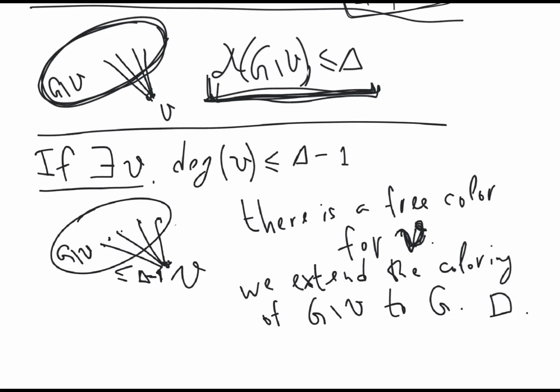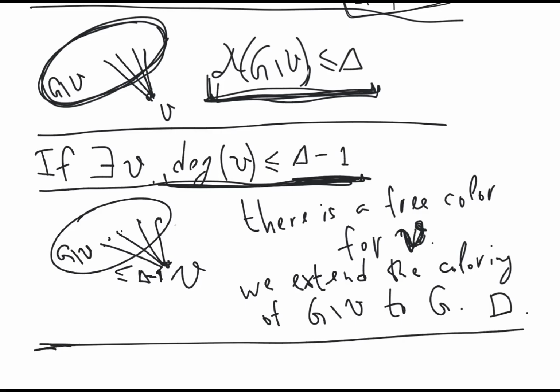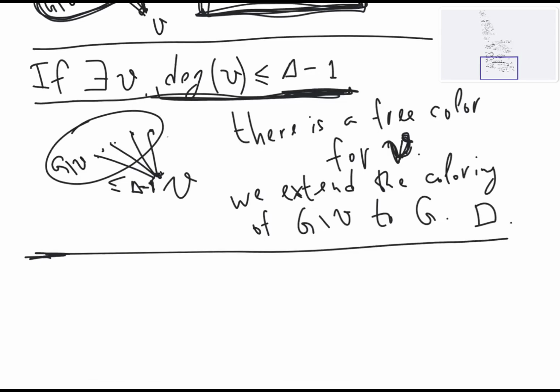So if there is a vertex with the degree less than delta, it's basically the same argument as in the original upper bound. If the degree is 1 less than delta, then we use the same argument, and since the upper bound there is less by 1, it's natural that we get the same result. So basically this case is easy. The proof is similar to the original upper bound, and the only remaining case